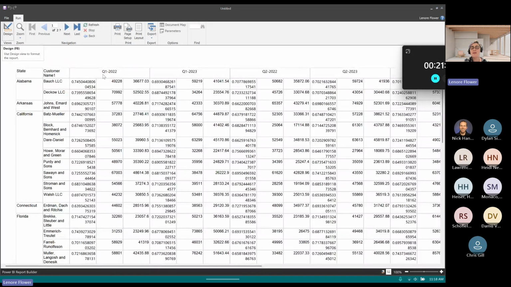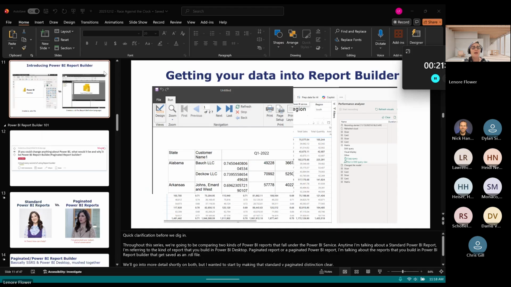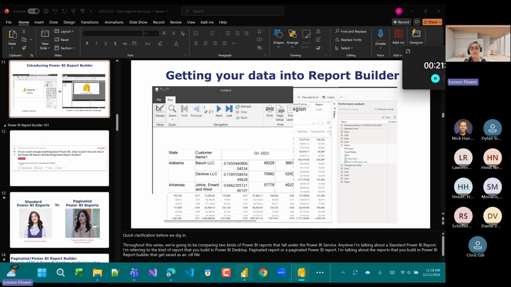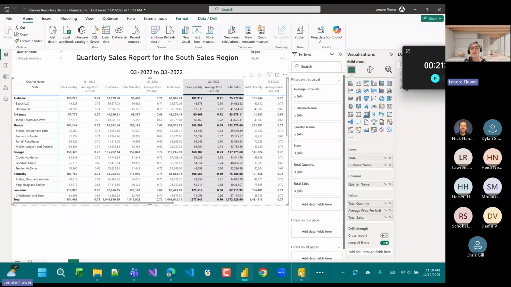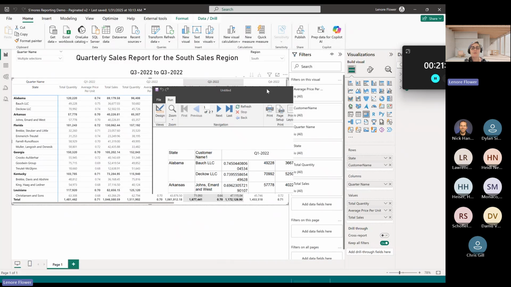So now we have the basic, if ugly, structure of our report. And if we compare that to what we were seeing before, yeah, it's looking pretty similar. We need to do a little bit of work, but we're starting to see the overall way that the report comes together.